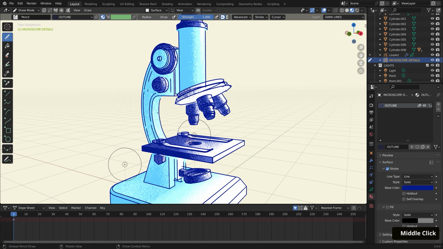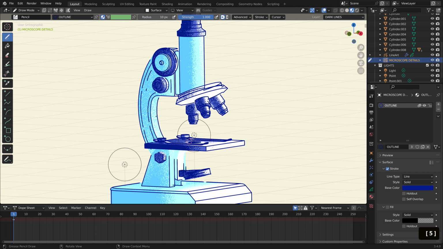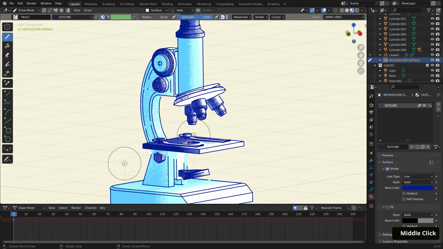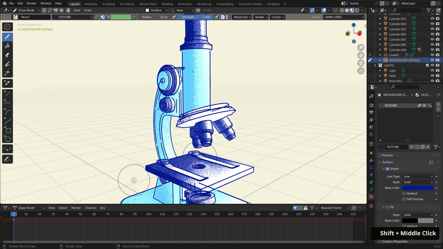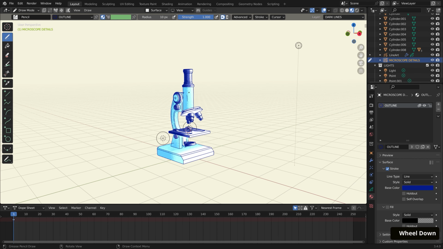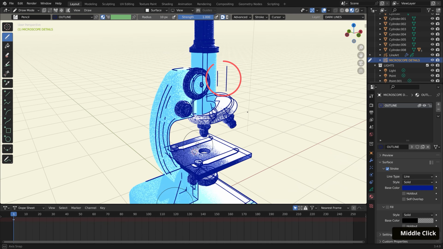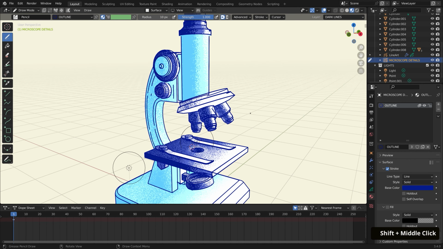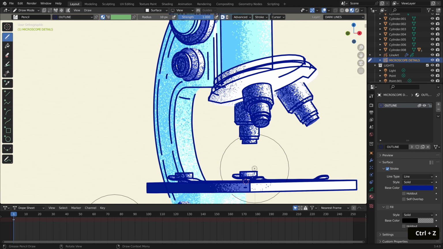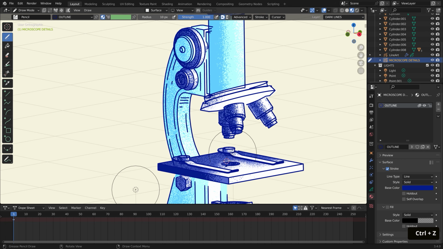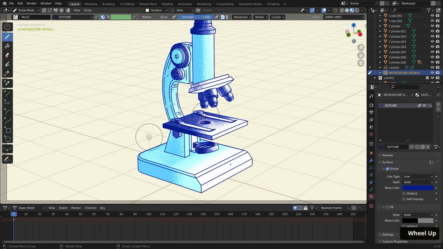Now I want to add some strokes on the inner part of the arm, but to do so, I'm actually going to enter orthographic view with numpad 5. When using surface stroke placement and not in a specific plane view, it's a bit tricky to get a consistent offset depending on your distance from the mesh you're drawing on. Going into orthographic view helps in maintaining the offset we've specified. I'll just draw these lines across, then down its length, and a bit more near the bottom. And I'll check it again in camera view.